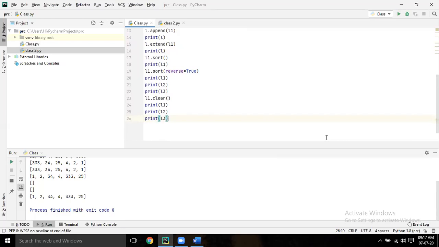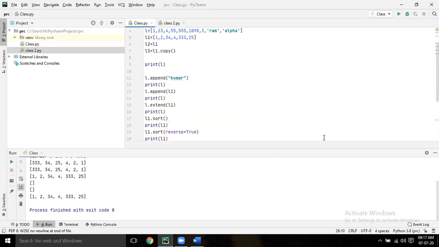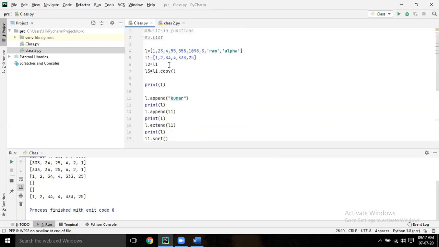Sir, why is print L2 missing? Because we have done L2 equal to L1 here, on line number 6. That means L2 is referring to L1. Whatever happens to L1 will happen to L2 also. That means it is not creating any copy, just referring.